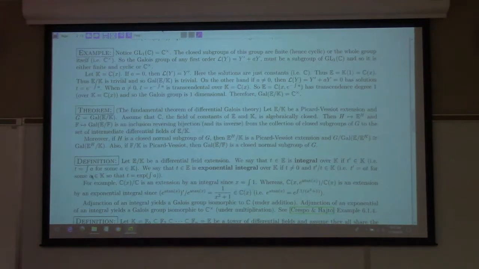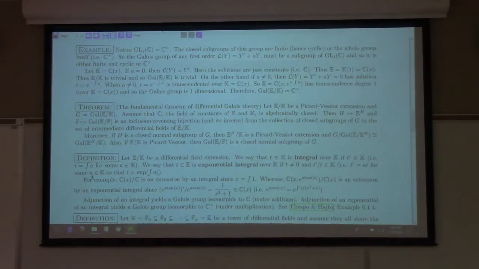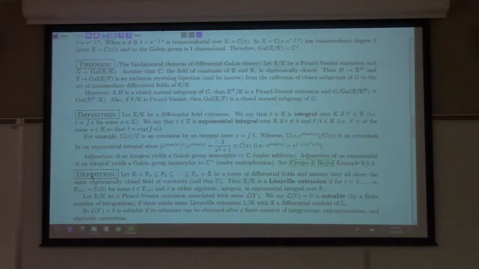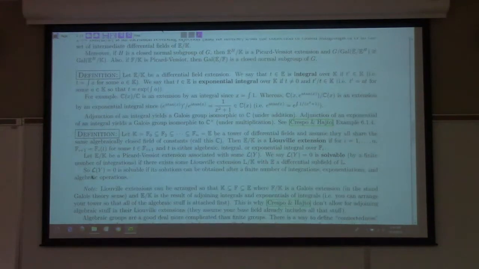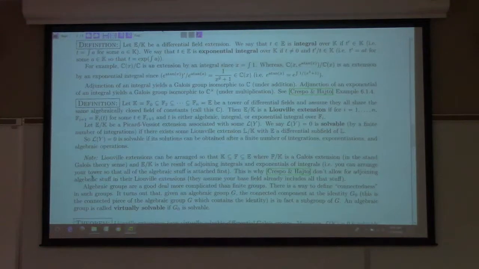This sounds very, very familiar. This is everything we said for the fundamental theorem with what? Differentials basically slapped onto it and the appropriate modification of algebraic extension. And you can talk about integrals, exponential integrals. And